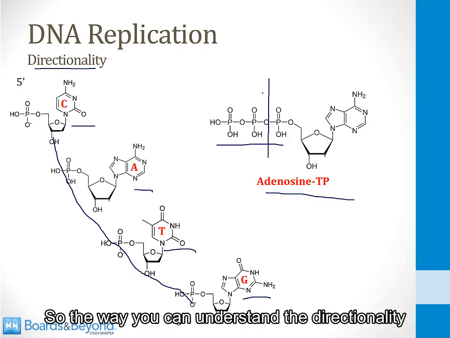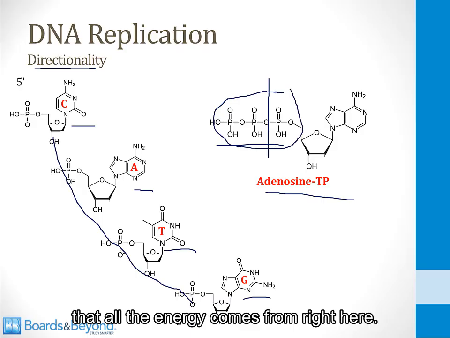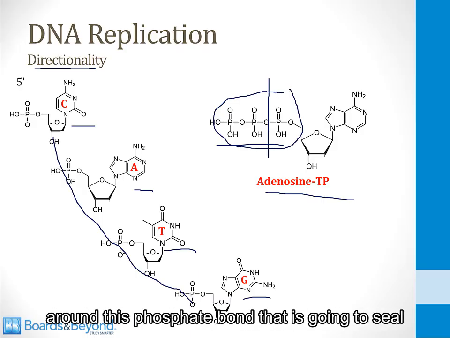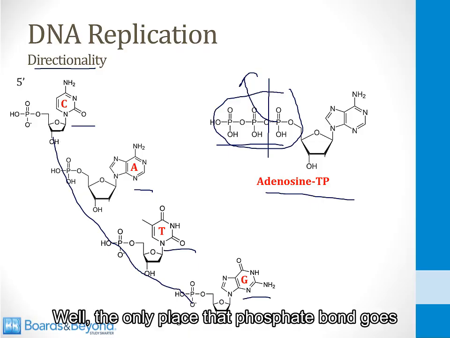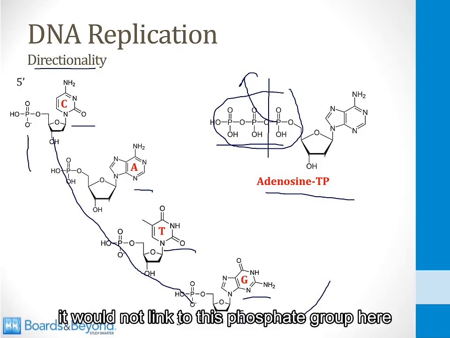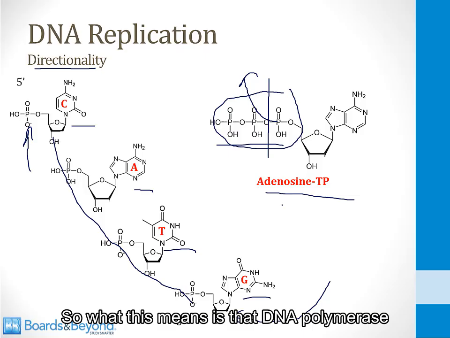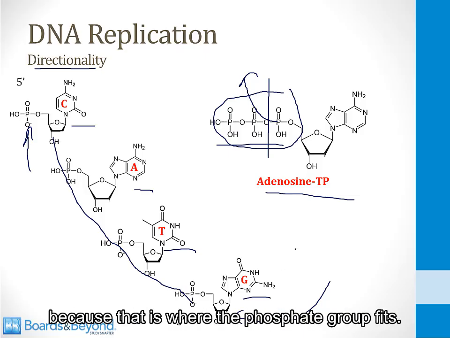So the way you can understand the directionality of DNA synthesis is to appreciate that all the energy comes from right here. In other words, it's like there's a little bit of heat around this phosphate bond that is going to seal this phosphate bond onto the growing strand of DNA. Well, the only place the phosphate bond goes is down here at the 3' end. It would not link to this phosphate group here at the 5' end. So what this means is that DNA polymerase will always add nucleotides to the 3' end